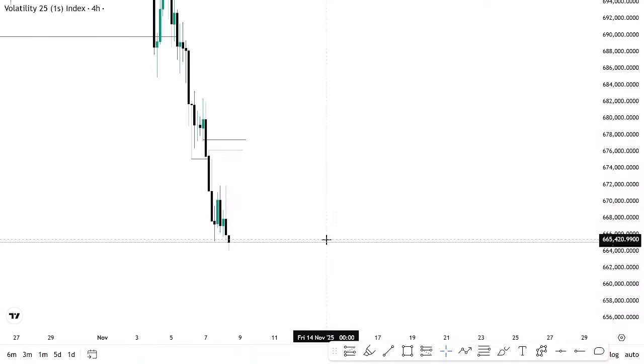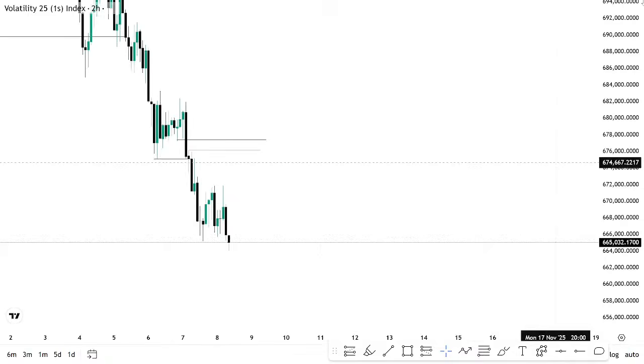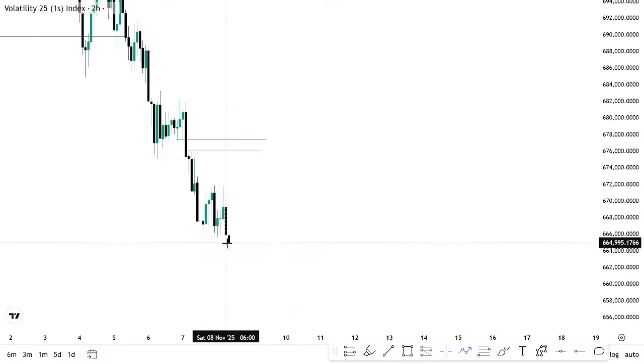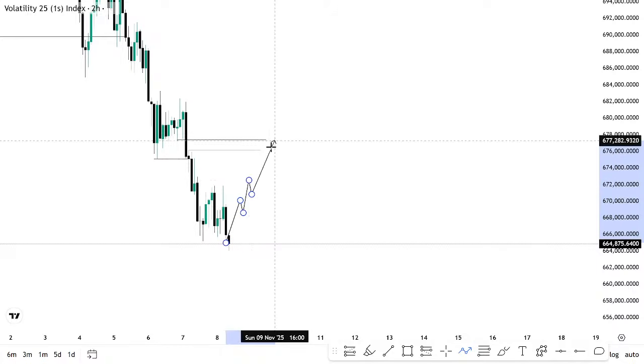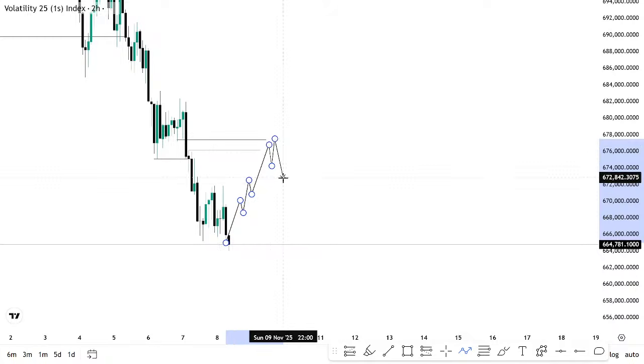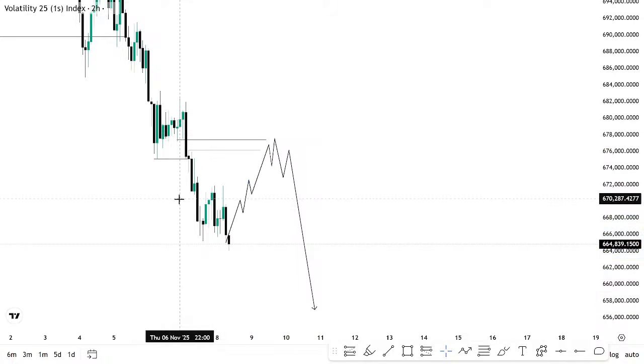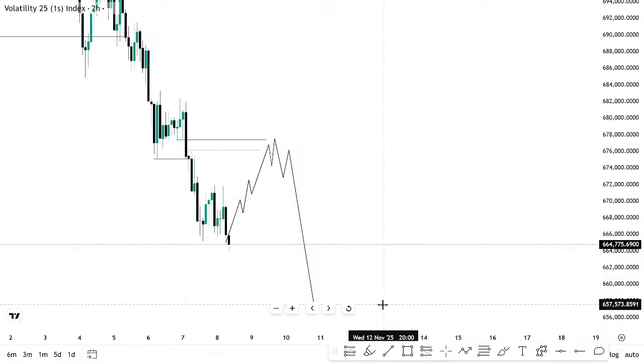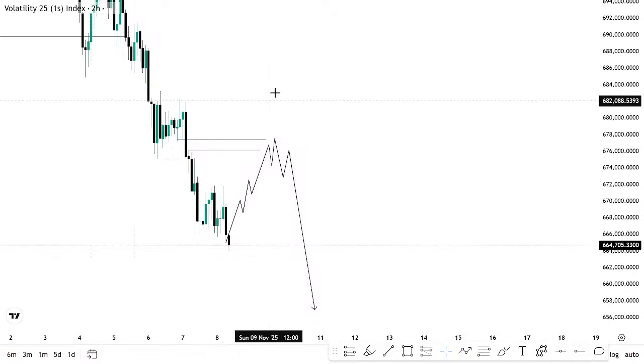So this is what I am expecting on volatility 25 1s. So I am expecting market to come back to this area before a continuation, and that is that for volatility